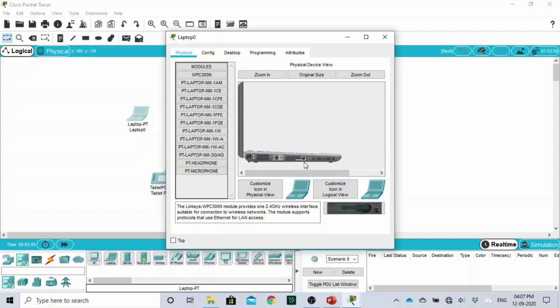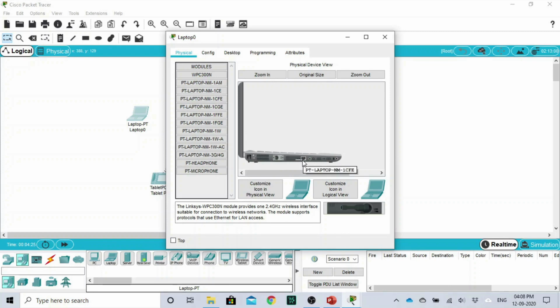Here you've got an Ethernet port where we connect the LAN cable to a laptop. But what we need to do is connect a wireless access point to this laptop so that it will connect to a Wi-Fi router. Now the first thing to do is click on this button so that the laptop light goes off. Again clicking, the laptop light got on. When the laptop light is on, you can't modify this laptop. Only when you click on this button and the light goes off, you can modify the laptop.